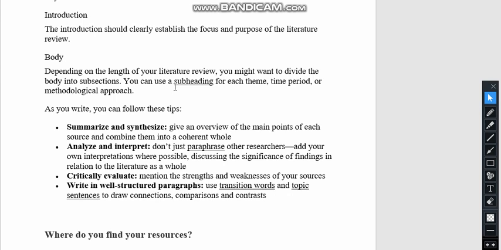Add your own interpretations, add your own view, discussing the significance of the findings in relationship to the literature as a whole. Mention the strengths and the weaknesses of each paper, and use transition words and topic sentences to draw the connection, comparison, and contrast. So using all these tips, we can make our literature survey more presentable.